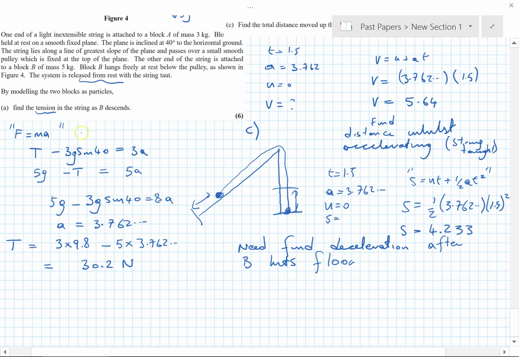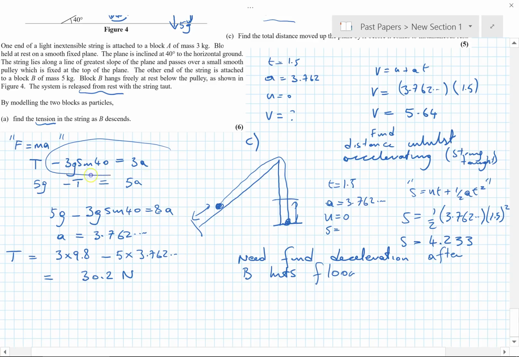Basically, if we look back at this original equation here, we'll have everything here except the T, because there won't be a tension in the string anymore. So we'll have all this stuff here, but no T. So our F equals MA equation will be minus 3G sine 40 is equal to 3A. Well, that gives us A equals